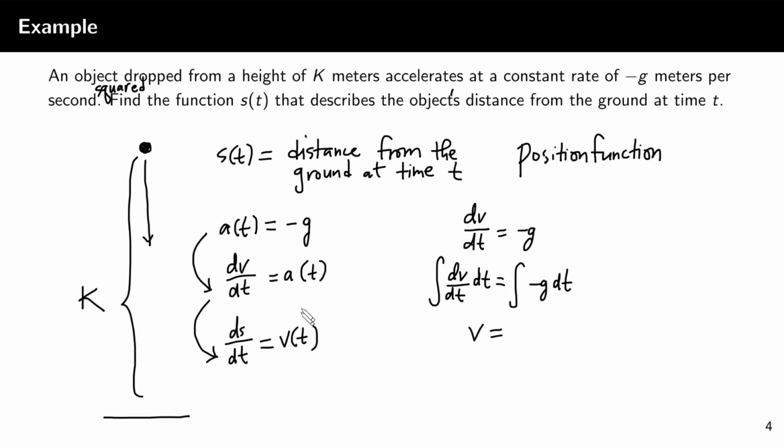Most of the time, yung mga function natin, hindi na natin isusulat yung independent variable nila kung understood na from context. So sometimes I will write the acceleration function as a, and the velocity function as v. So v is equal to negative gt plus c. Let's call this c sub 1 since nag-expect tayo na makakaproduce tayo ng isa pang constant of integration when we integrate